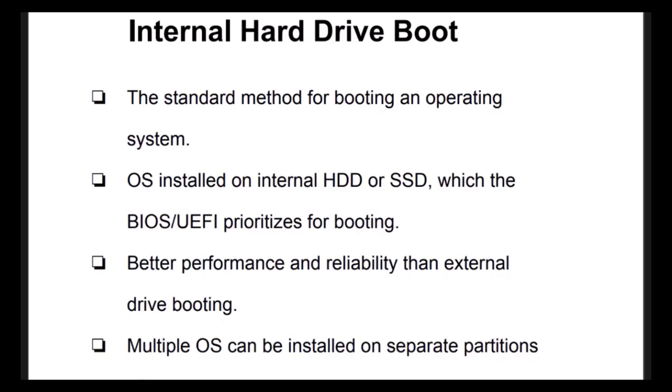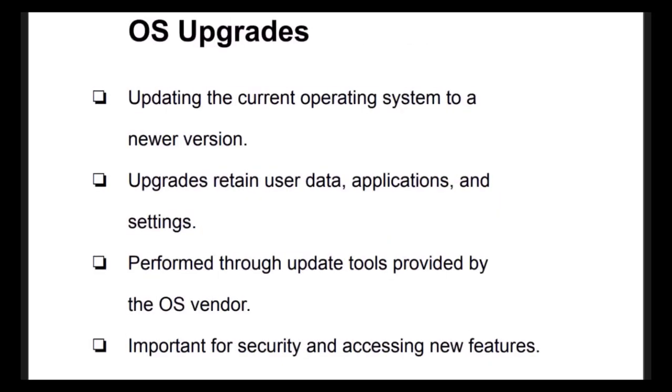your bootloader. So we went through all of the different types of ways that we can boot or load our operating system. And now here in the second part, we're going to talk about some of the different installation types. Our first installation type is an upgrade. An upgrade is when we are taking the current operating system on our computer device and we are changing it